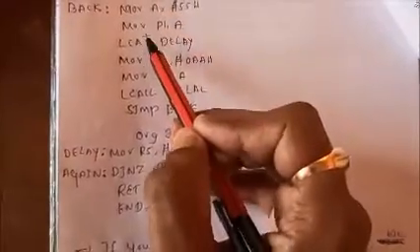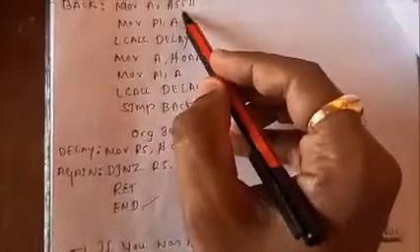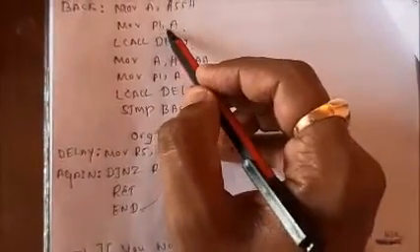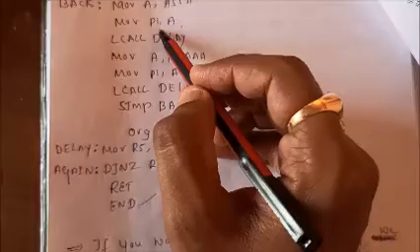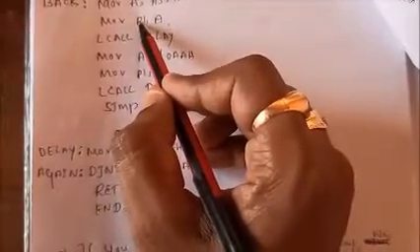So again, next line, MOV P1, A. What is the content of the A here? 55. Here P1 stands for a port. Already you know that there are 4 ports, P0, P1, P2, P3. So here I am sending the value of the accumulator, that means I am loading 55H to the port, that is P1. Is it clear?